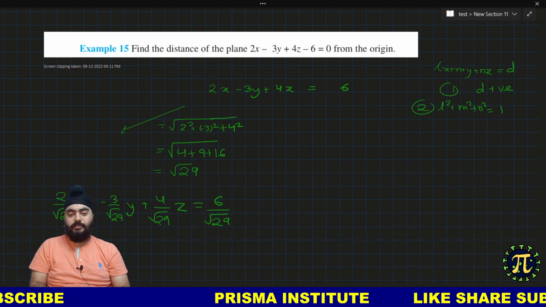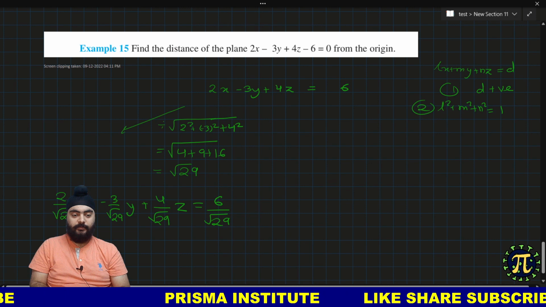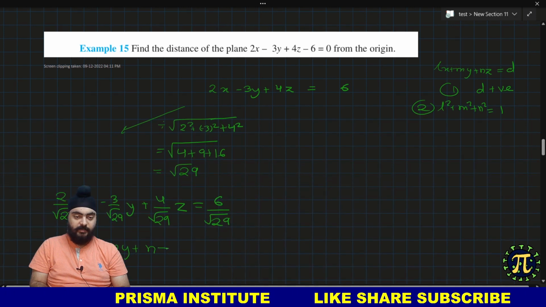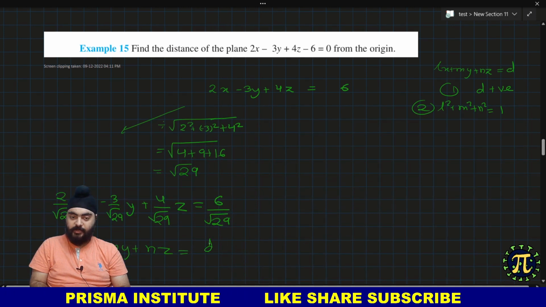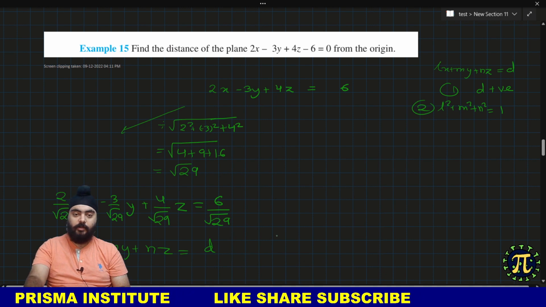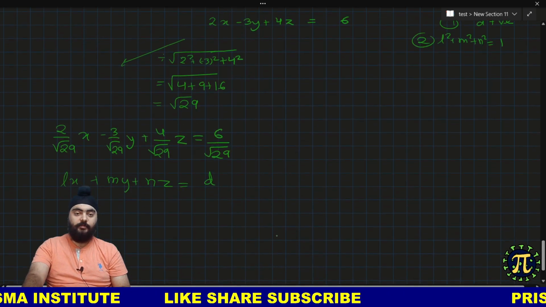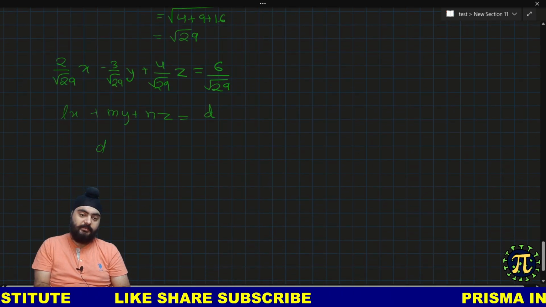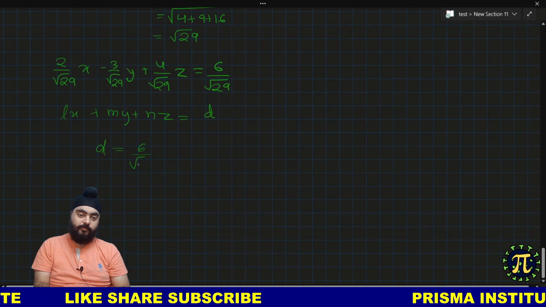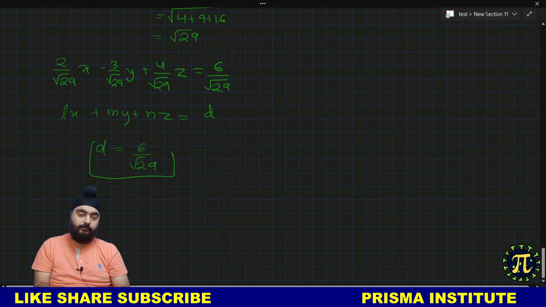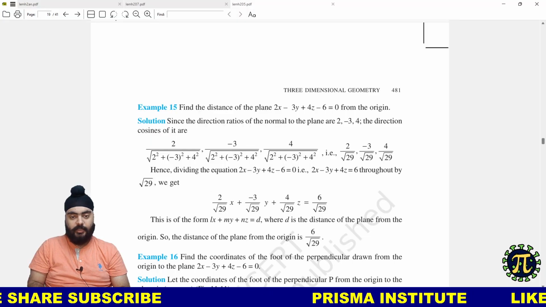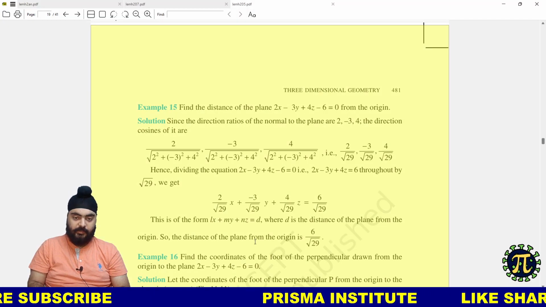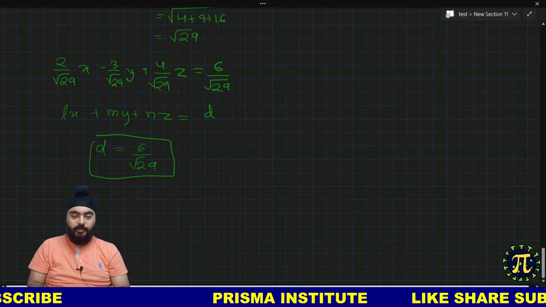And now this is in the form Lx plus My plus Nz is equal to some positive number d. So I found the value of distance of this plane from origin as 6 by root 29, which as you can see is the correct answer. So alternatively,